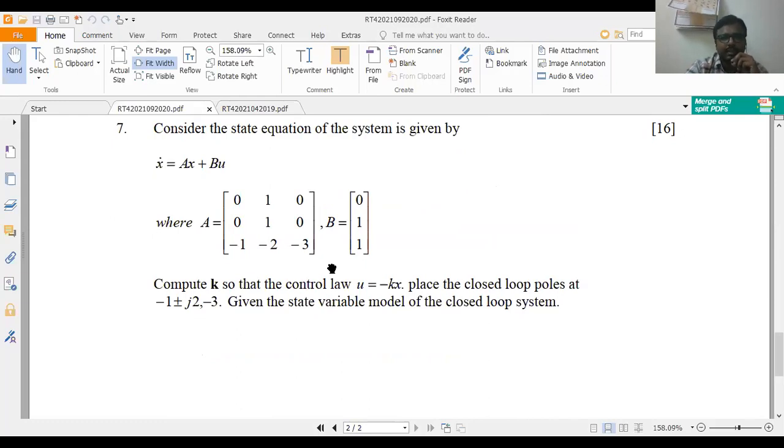While talking with some of the students, they are telling that they will study only the starting units. But unit number 6 is a very, very important unit. Why? Because only 3 particular topics are there. One is the pole placement technique, the second one is the necessary and sufficient conditions regarding Ackermann's formula, and the third one is determination of the state feedback gain matrix. Only 3 particular topics are going to be there. So while studying for the university examination also, try to concentrate more on